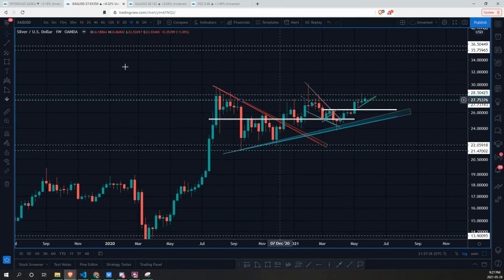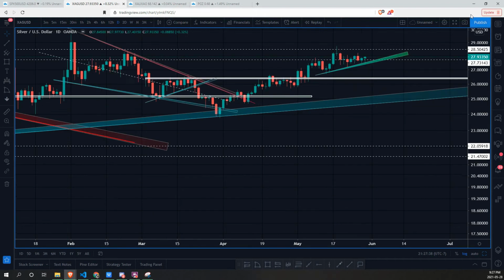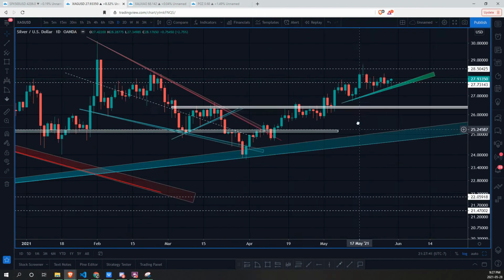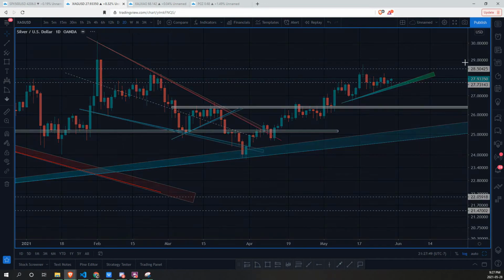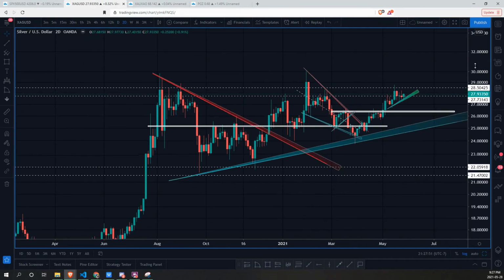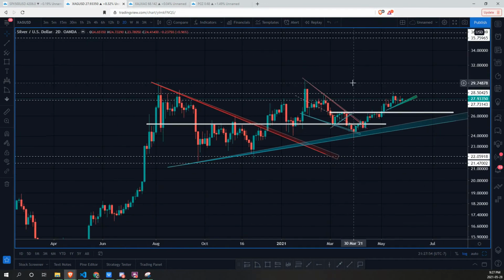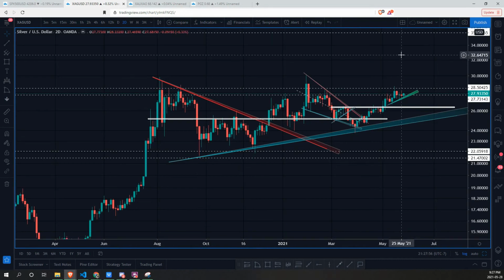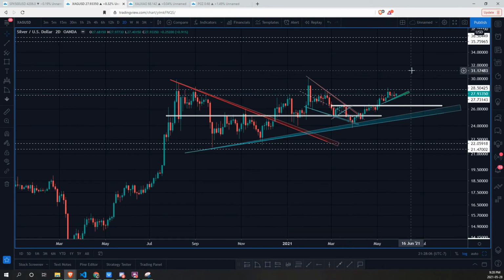And then we're seeing a nice recovery, and when we are looking at a daily, we see a series of higher lows pushing and pressuring the price towards that $29 range, which is a major level of resistance for silver. We see a nice bottoming formation, kind of like we saw on gold on a very large time frame, where we saw that massive parabolic push all the way to like 1900, and then we saw that 5-6 year bear market for gold.